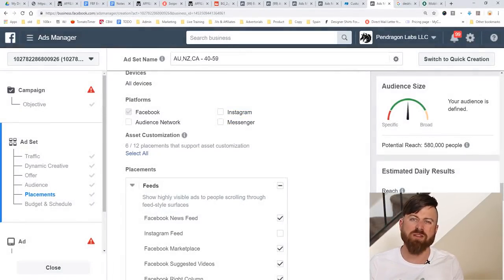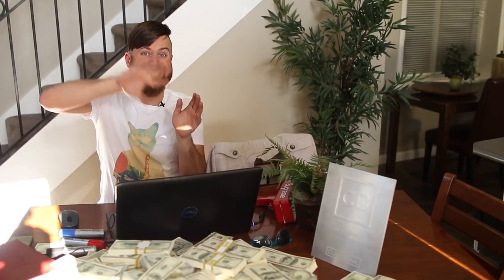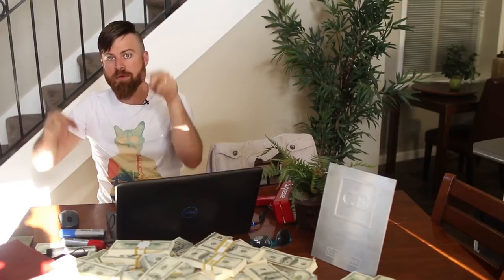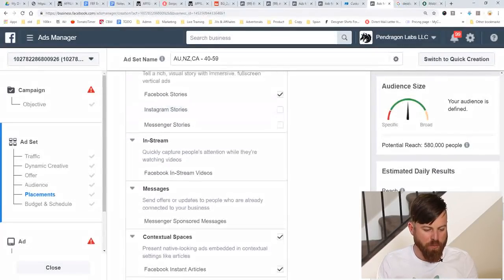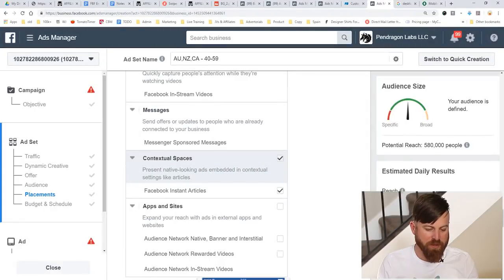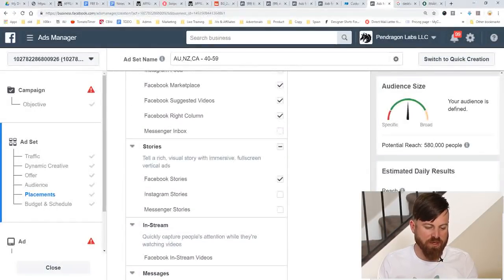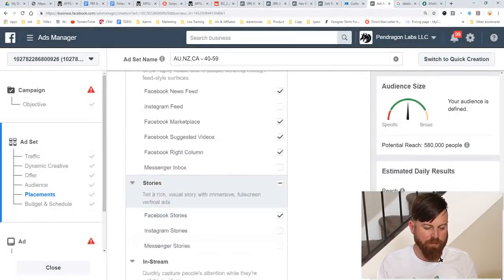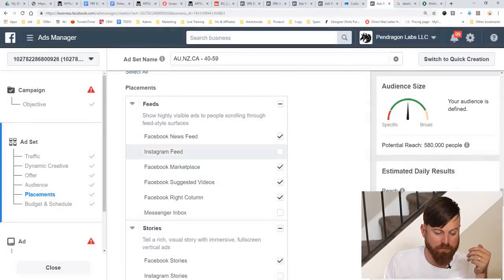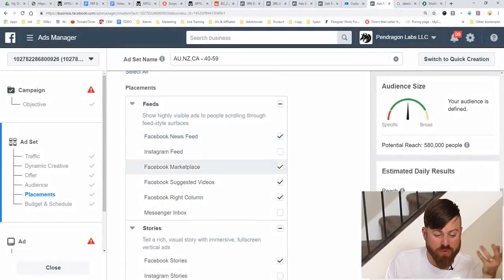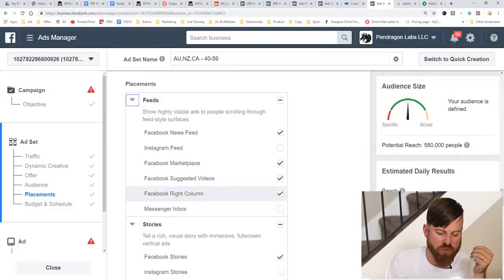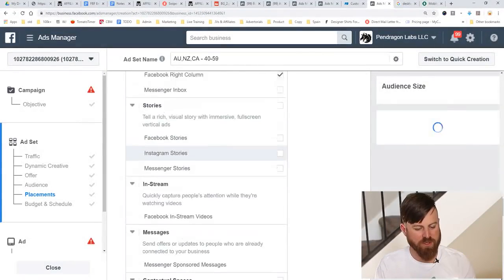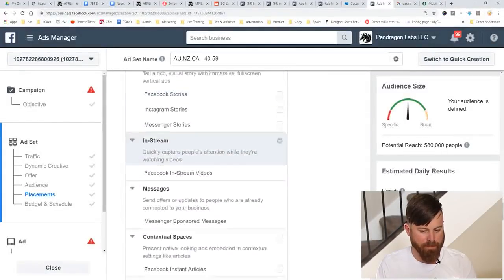So I don't trust those as much. I tend to start my ads on Facebook and then I expand them to these other elements, okay? So we're gonna keep our ads here. We're gonna scroll down and you can turn off certain ad units if you want. You can learn more about these ad units by just Googling them. But generally speaking, you want to keep your ads to the news feed, okay? I'm just going to turn off stories as well.